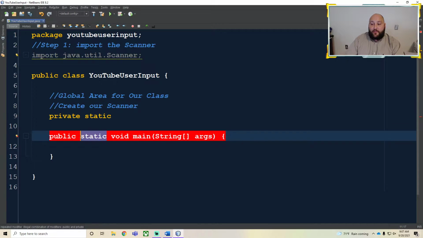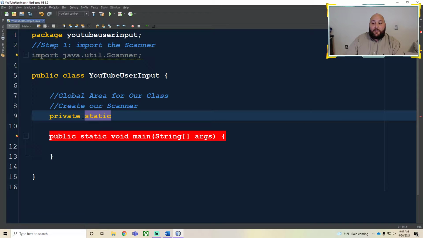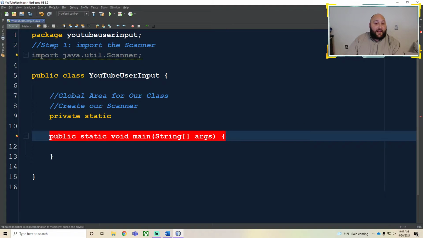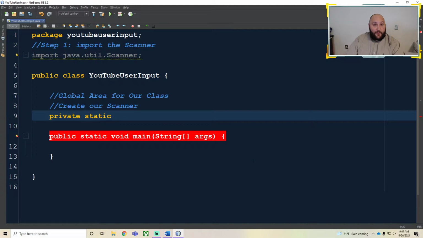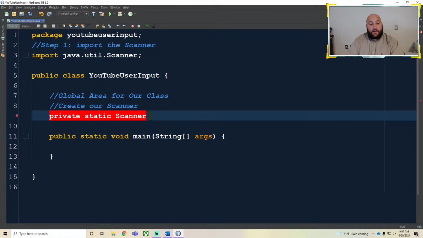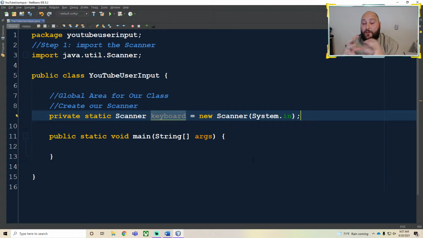You'll notice here that the main method is static, so anything you use has to also be static. So we have private static Scanner keyboard is equal to new Scanner(System.in). This is what you need to memorize. How you create the scanner is the same every time. All these words have to be exactly like this, except keyboard is the variable name of our scanner,